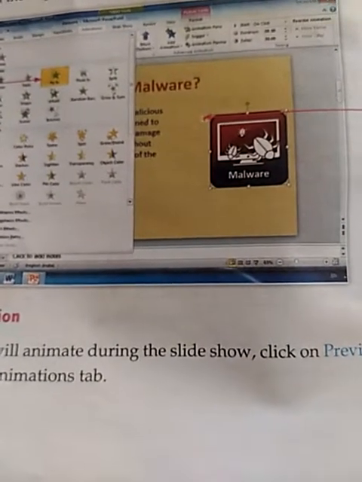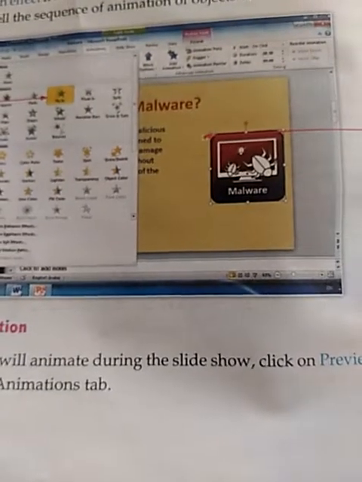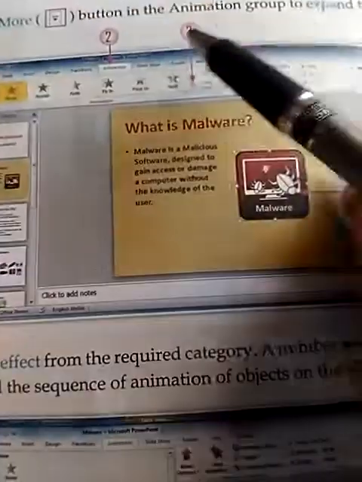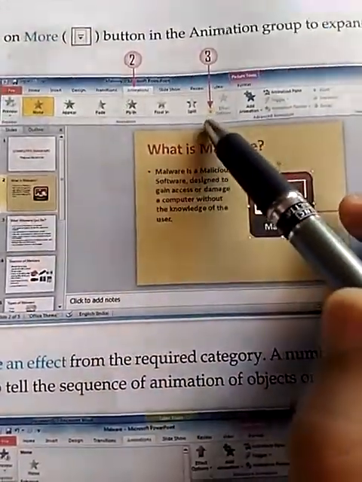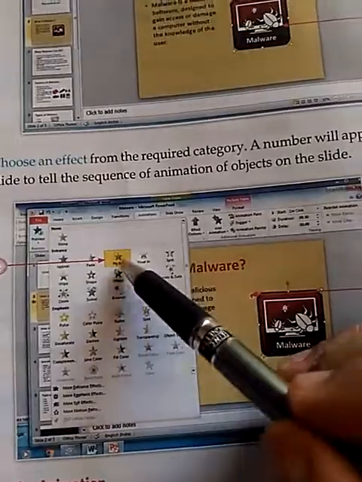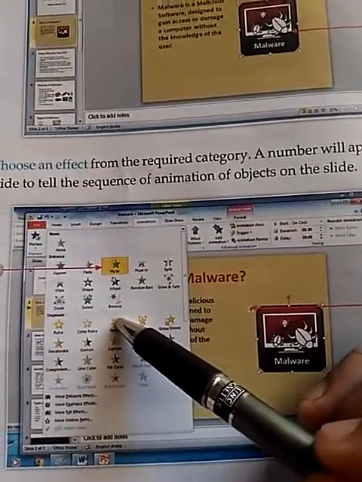Let us summarize. First, you need to select the object. Second, you need to go to the animation tab. On the animation tab, you will find the more button. If you click on the more button, a drop down box will appear which will show different categories and animated effects.